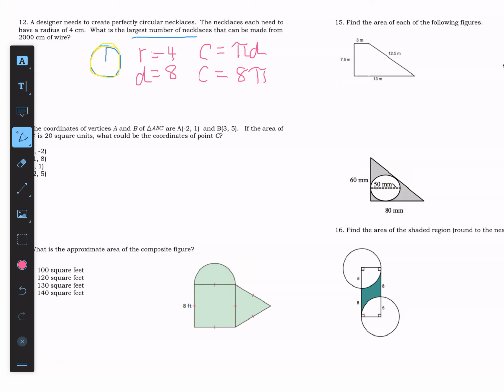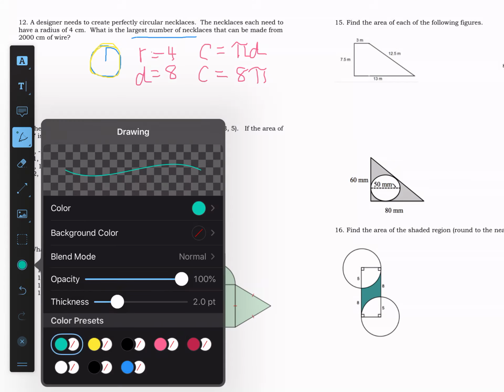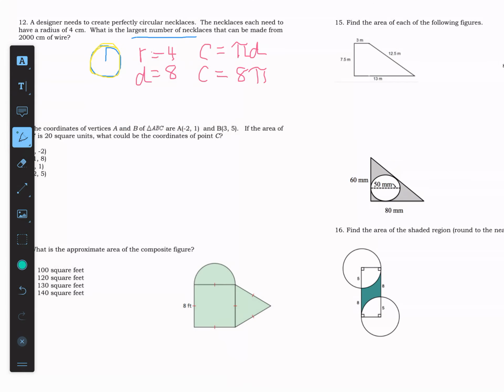Okay? Now, that's what the circumference would be of one necklace. So I know that I have 2,000 centimeters of wire available to me, and I want to know how many necklaces I can make out of that 2,000 centimeters of wire. So what we're going to do is take the 2,000 and divide it by 8 pi. Now keep in mind you have the pi, so you need to put that in parentheses. And when you type that in your calculator, you will get